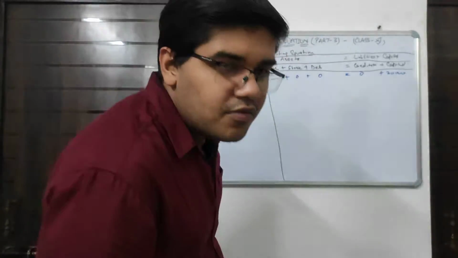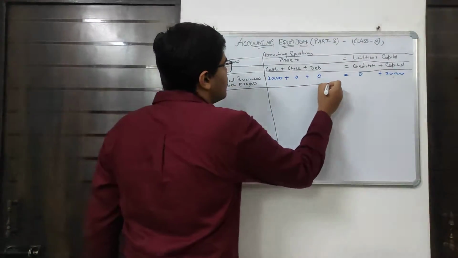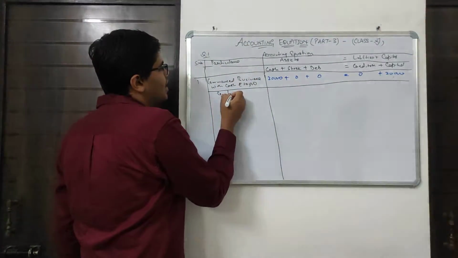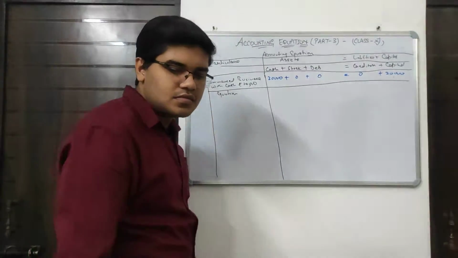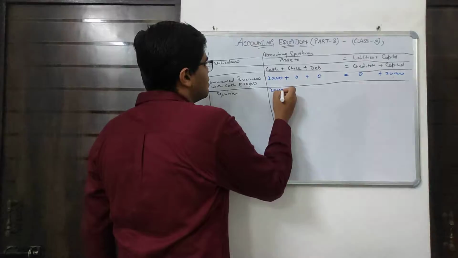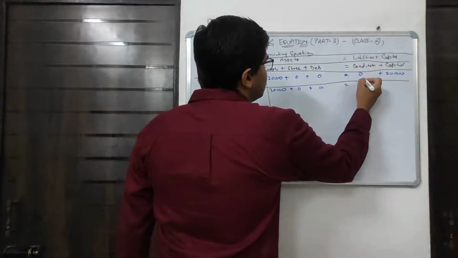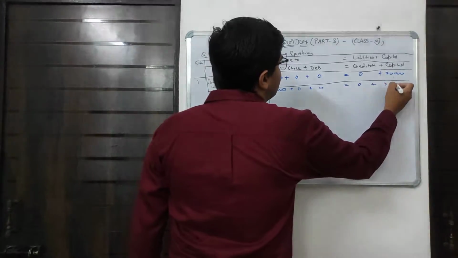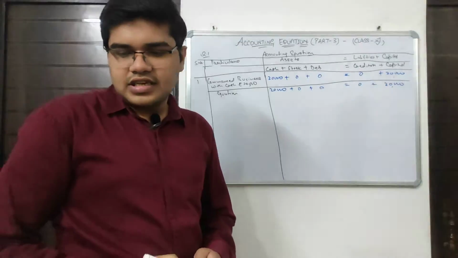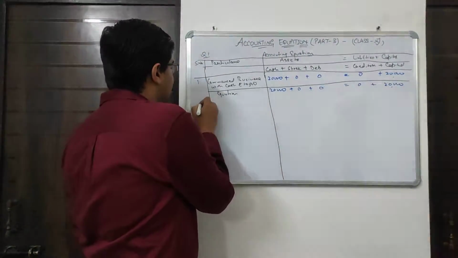Now moving on to the next transaction, but before this you have to draw a line and you have to frame the equation so that it can be balanced. Equation will be 20,000 in cash plus stock 0 plus debtor 0, creditor 0 and plus 20,000 capital. Now what is the second transaction given? Our second transaction is given: purchased furniture for cash rupees 500.